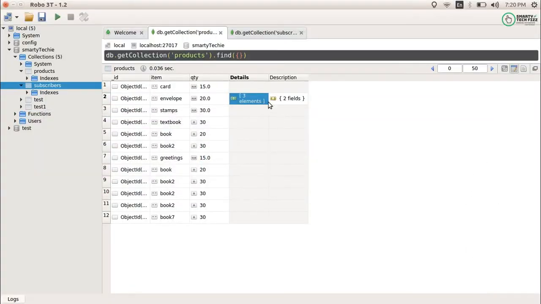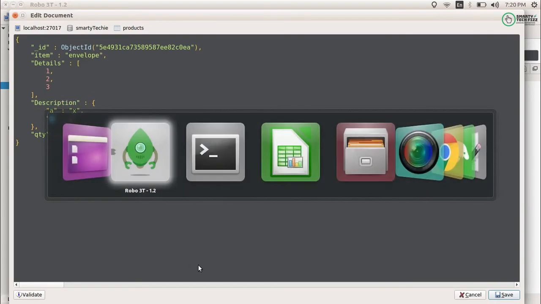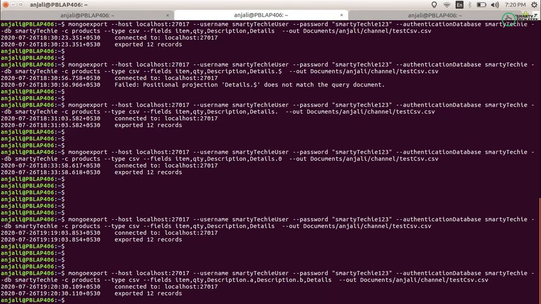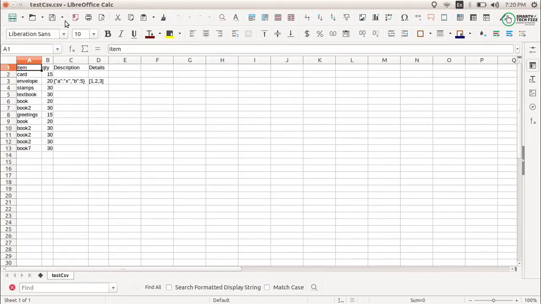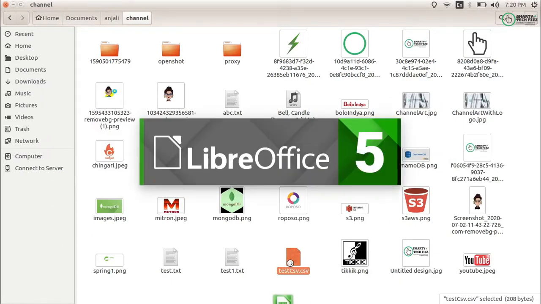You can see we have two keys, A and B, so we have mentioned description dot A and description dot B. After mentioning it, you can just run it here.